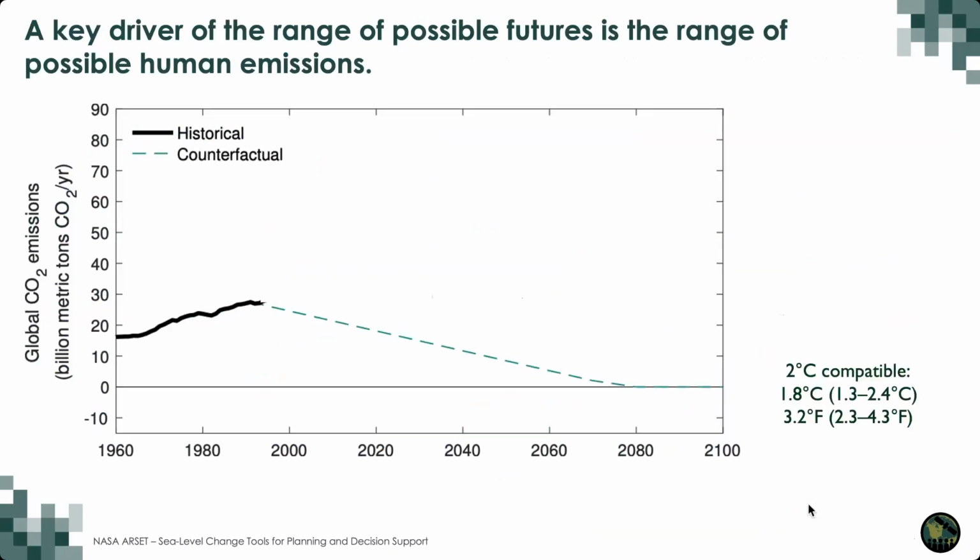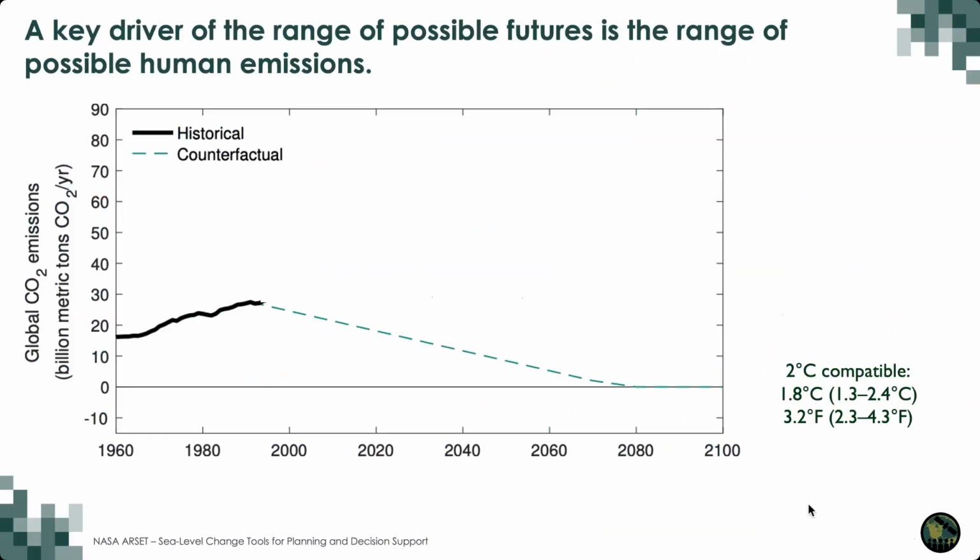If we had had a policy change, and starting in 1992, when international climate talks first began, we had gotten carbon dioxide emissions on a downward trajectory, we could have had about 90 years to get global emissions to zero and still have a good chance at stabilizing the climate at well below 2 degrees Celsius, which is one of the international goals agreed to in the